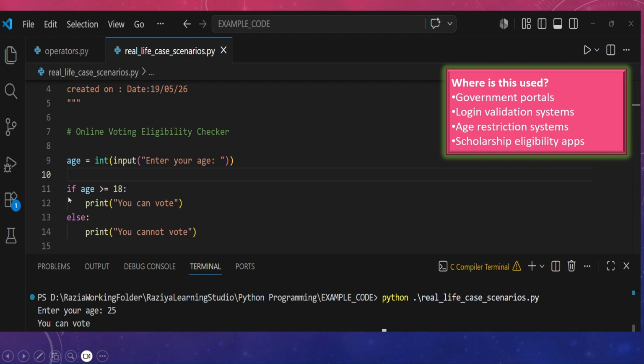Indentations, I have also told you in the earlier videos, are how Python recognizes that this is part of the code block with if. This belongs to if. If this condition is true, it will execute this print statement, else it won't go here. If this is false, it won't execute here. And it understands this because of the indentation.